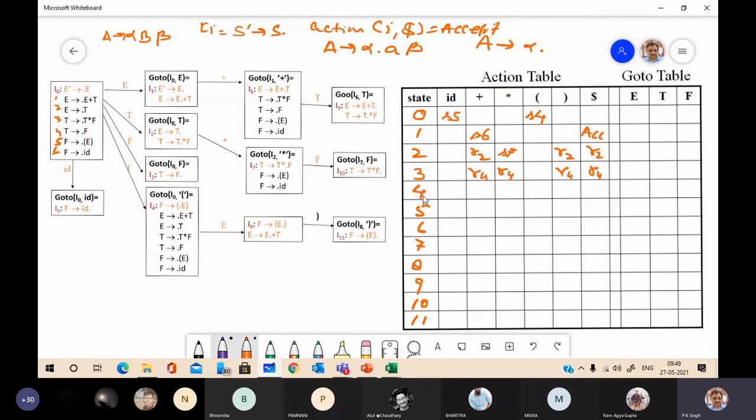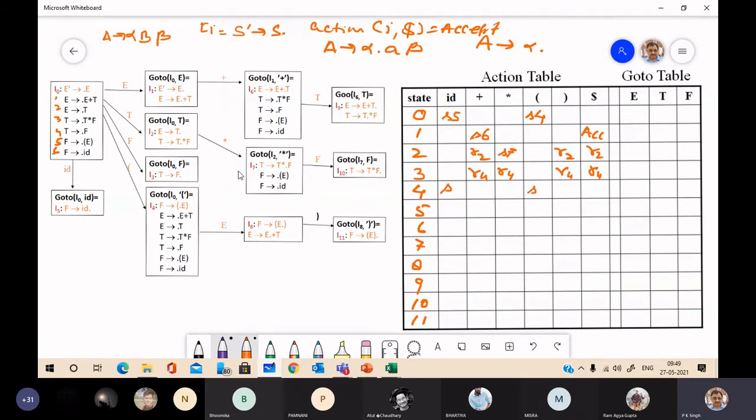Now state 4, from item set I4. Again you see we have these two items having a terminal symbol just after dot. So for state 4, opening bracket is shift, and ID is shift.